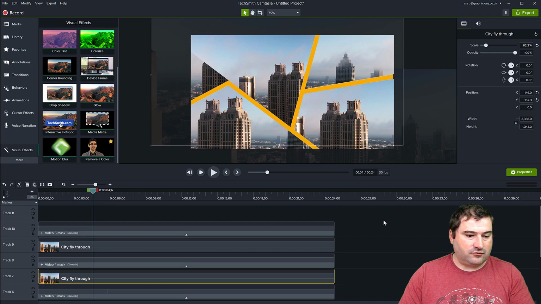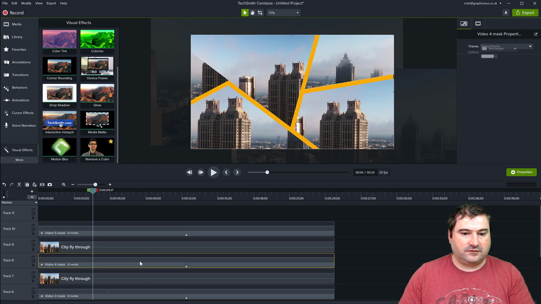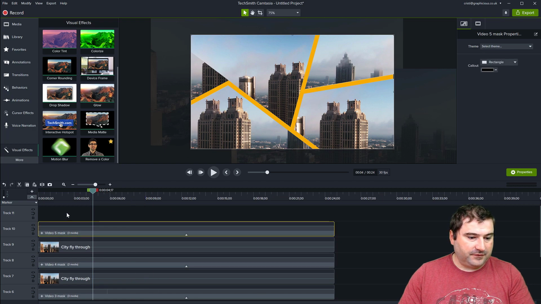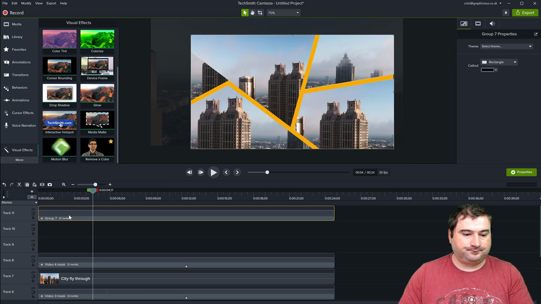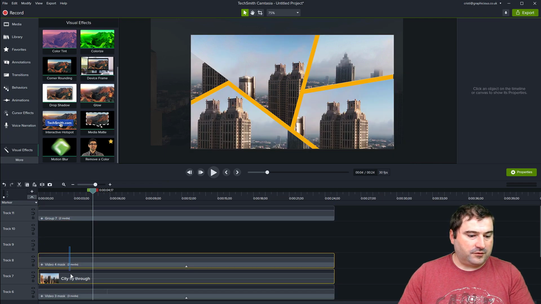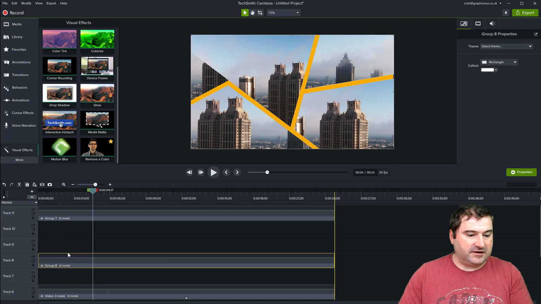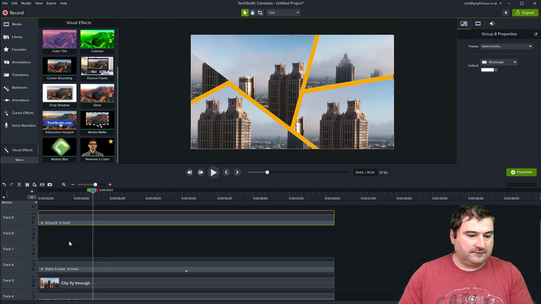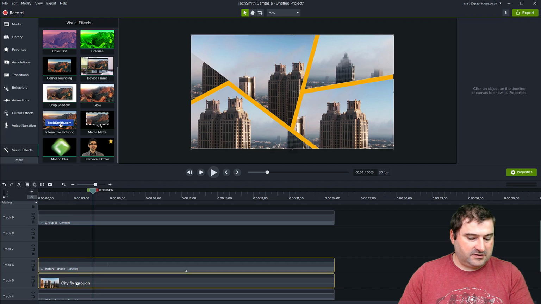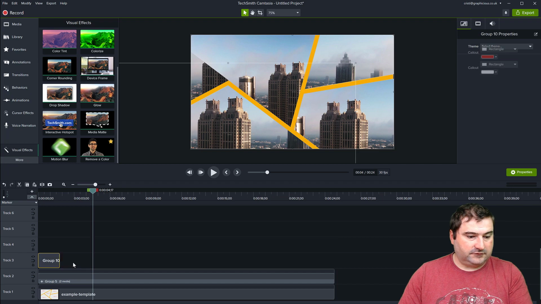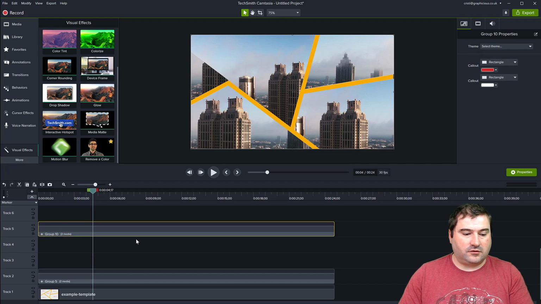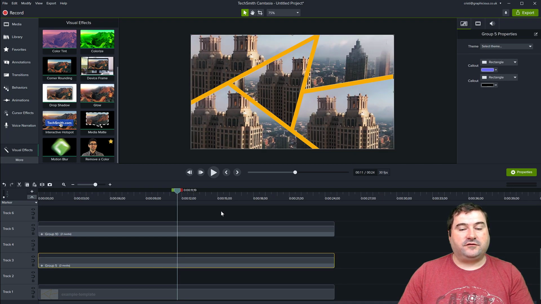I may have something wrong here. Let's see, number 5. That's number 5. 4. I believe one of them might be affecting the other ones. So let me just group them, 5 with the 5, group it like this and move it. And 4 with the 4, again, keep them all together like that. And 3, 2, and I have 1. So there you go. This is one way to do it.